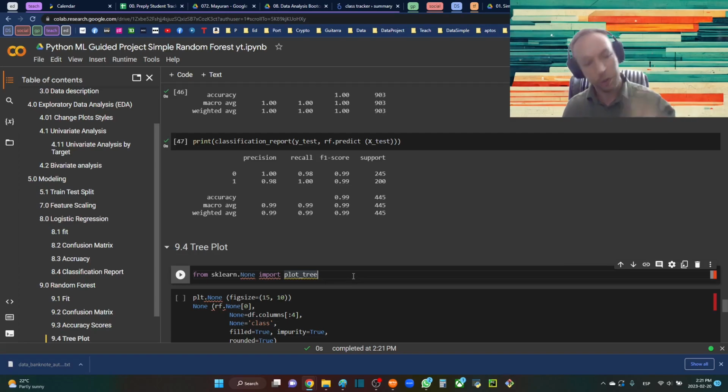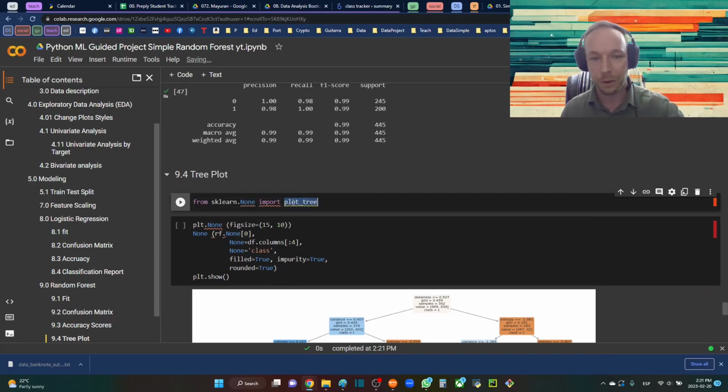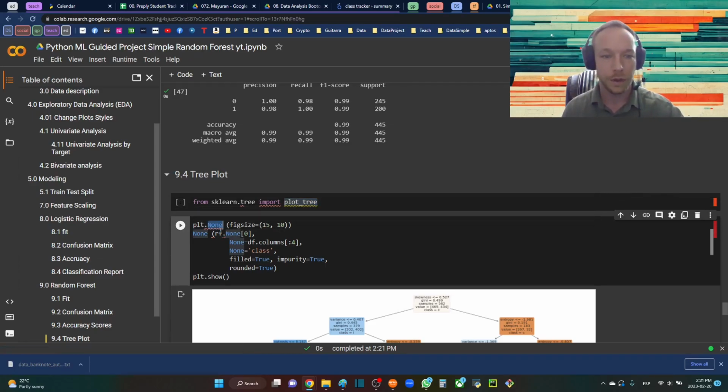So let's plot the tree a little bit. Let's look at one of the decision trees inside of our random forest. It's quite a bit of work to see the whole random forest, but we can start inspecting all of this. To get this first, we're going to import the plot_tree function. So we're going to go sklearn.tree, import plot_tree. We're going to create a bigger figure size, and we're going to go plot_tree equals, and then we're going to pass that